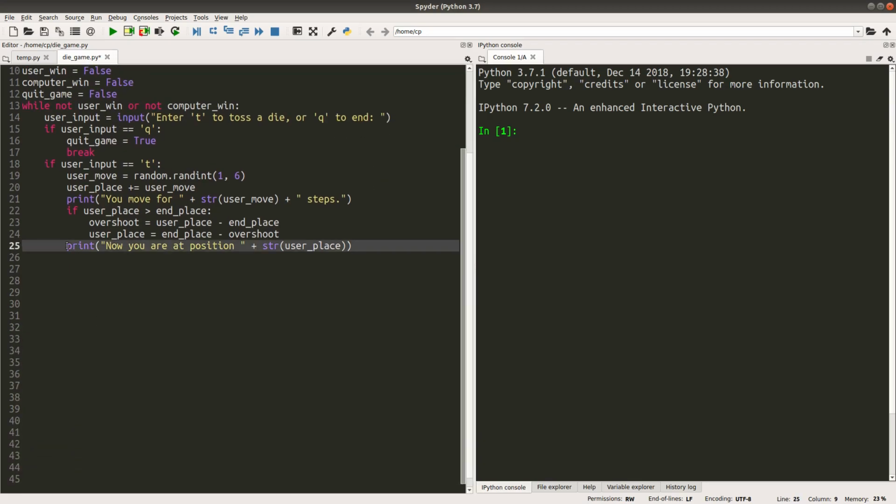Okay, this printing statement will always be executed even though the overshoot condition is not met, because you can see that this print action is having the same indentation as the if condition here. It means that this line will be executed even though this part will not be run.